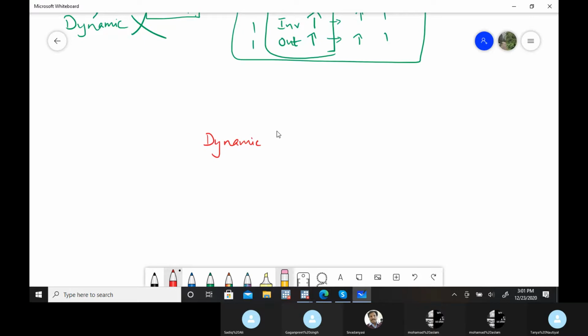I have a demonstration with this data of how you apply these methods with the dynamic models. So in dynamic models, the dynamic thing about it is the lag.